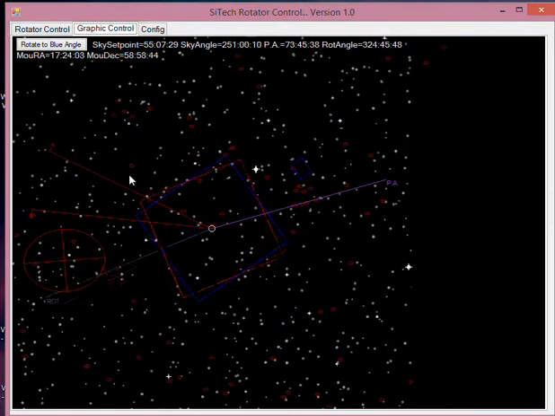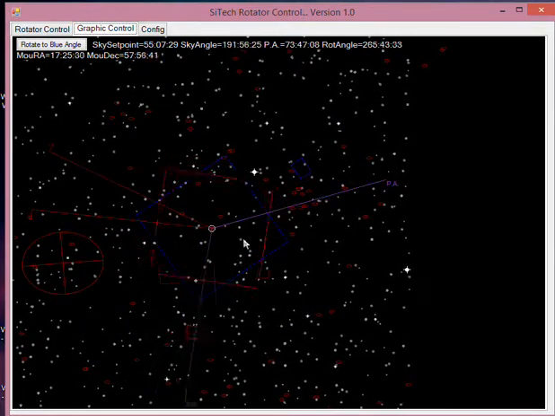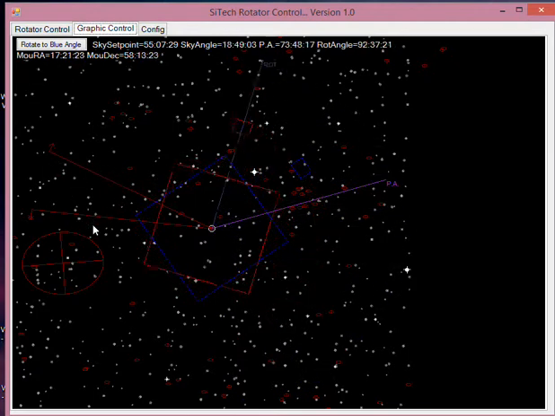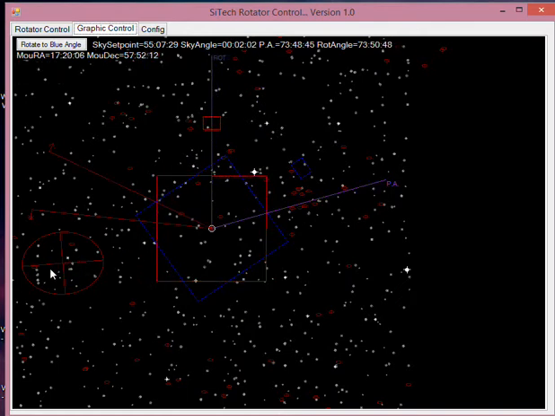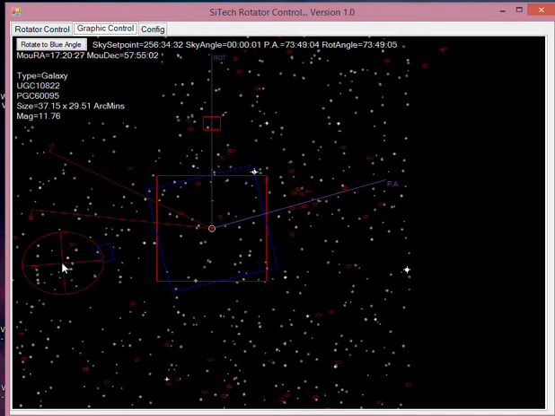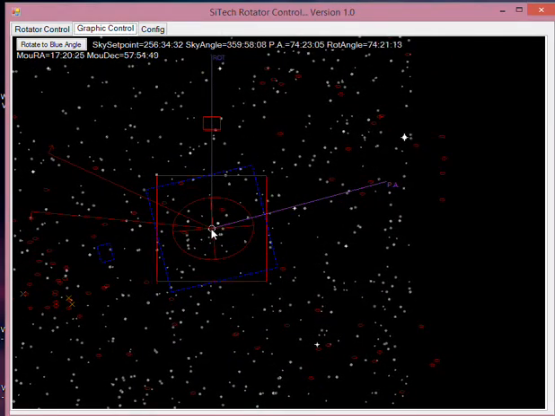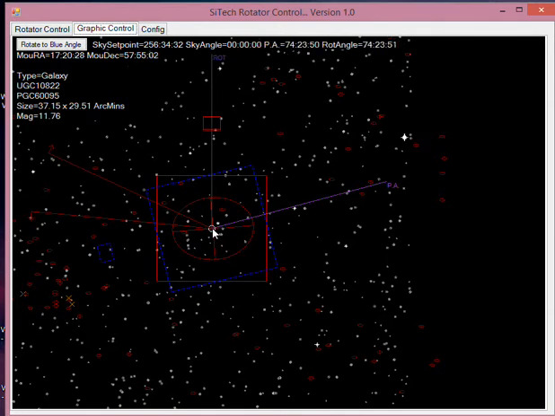Now, if I move way over here, let's find the galaxy over there. Now, look at that. As the telescope moved, it positioned the rotator relative to the sky, not the telescope. And look, we got a nice big galaxy right here. Let's click on that. Go to, and let's see what that is. Wow, it's not even an NGC object, but it's pretty large. It fills up the whole view. It must be a local group